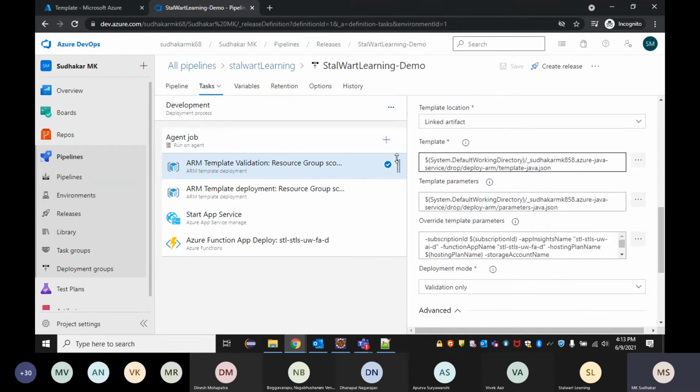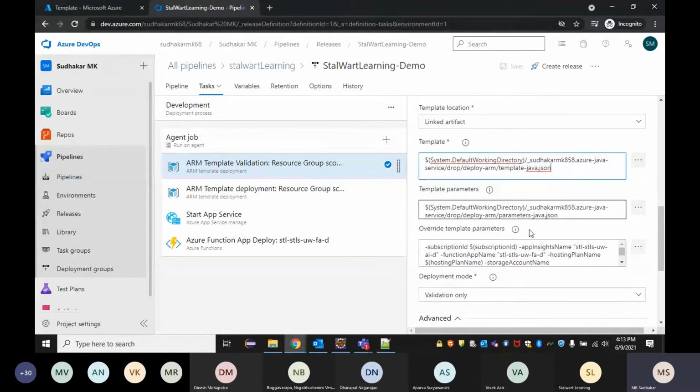And yes, we need to get these things perfectly, because this is how the main job may happen. So in this, right, I have this default working directory and the pipeline. The pipeline name where I created that pipeline artifacts, that path. And this is a drop folder which I created for artifacts to be published.